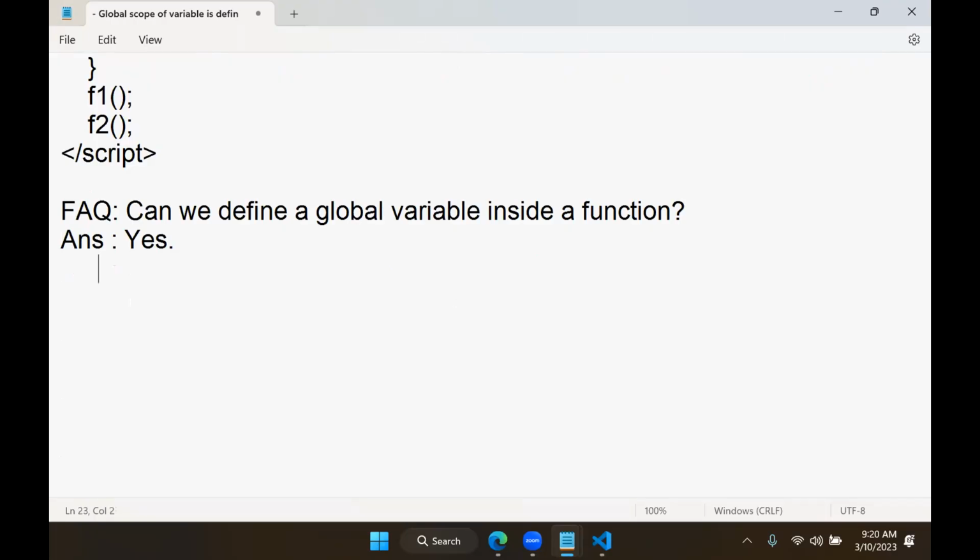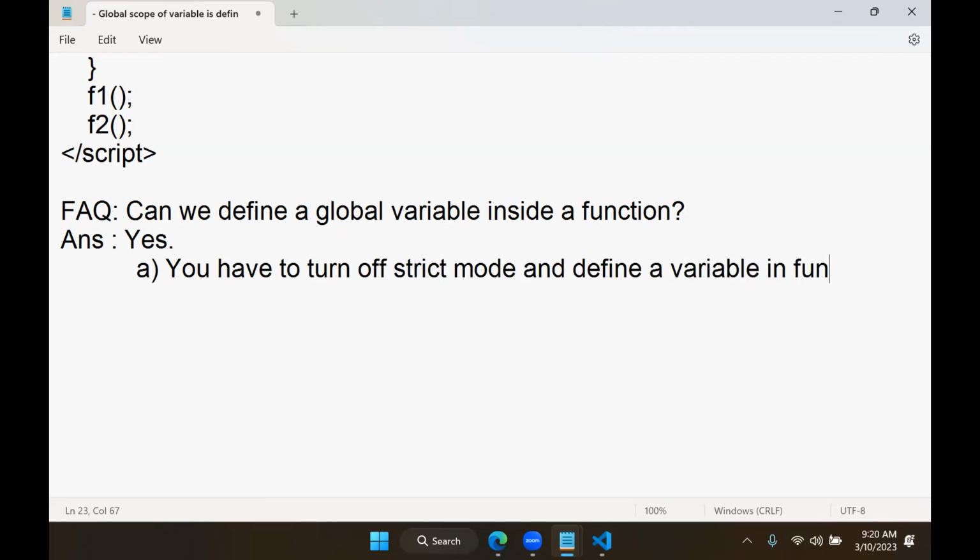Actually, there are two situations. One is you have to turn off strict mode and define a variable in function